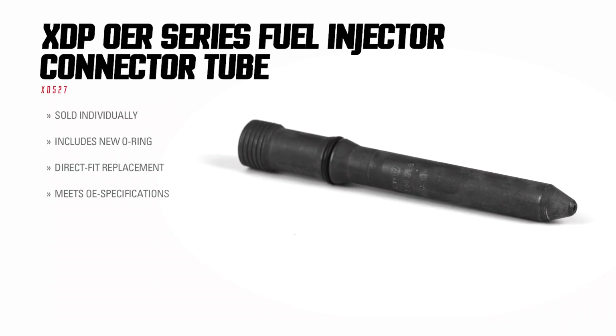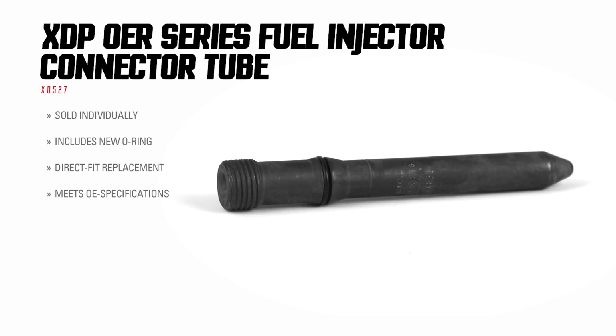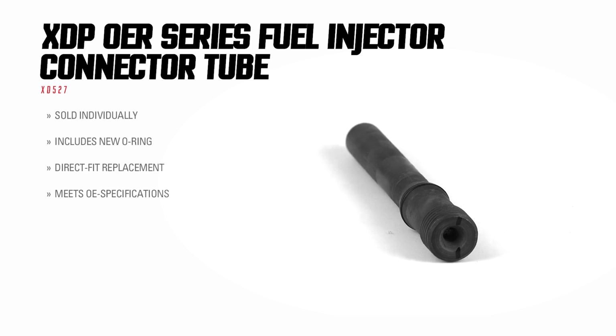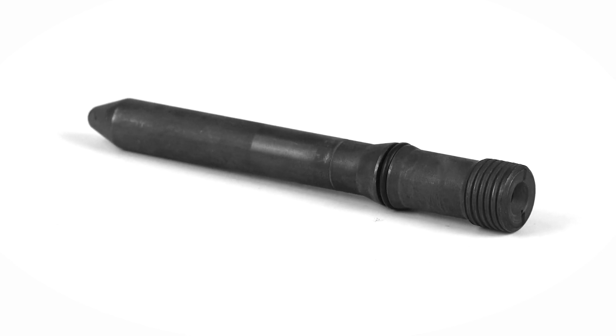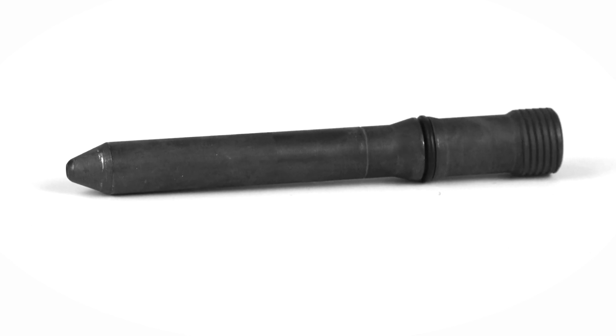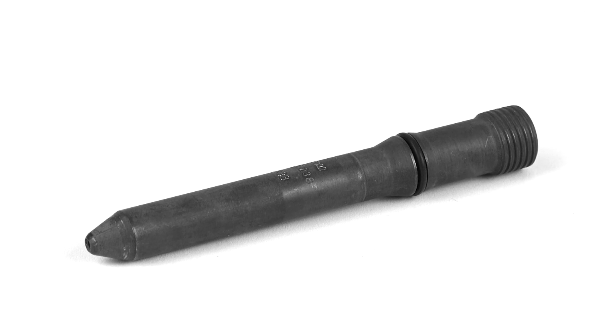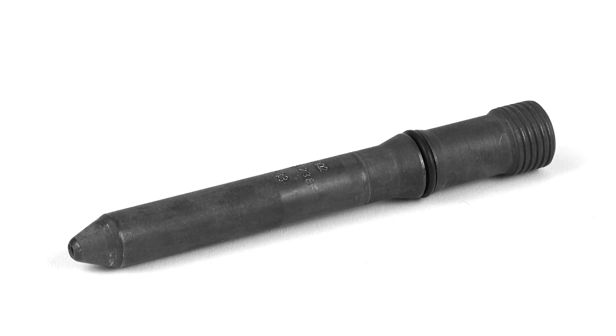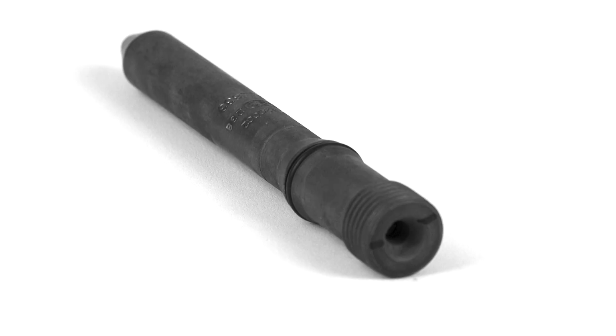Made from top quality materials, this fuel injector connector tube is designed to be a direct fit replacement for the factory connector tubes in your Dodge 5.9 Cummins. Installation is easy and requires no modifications. This XDP OER series fuel injector connector tube is made to meet OE manufacturer quality specifications and comes with a